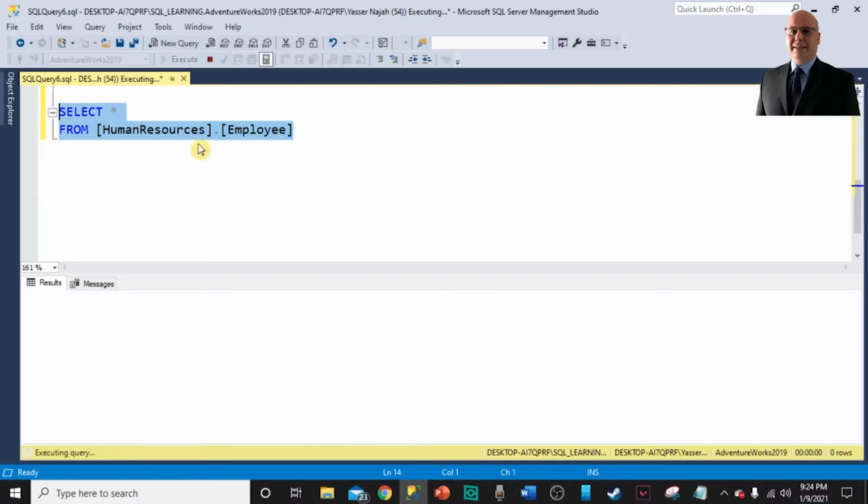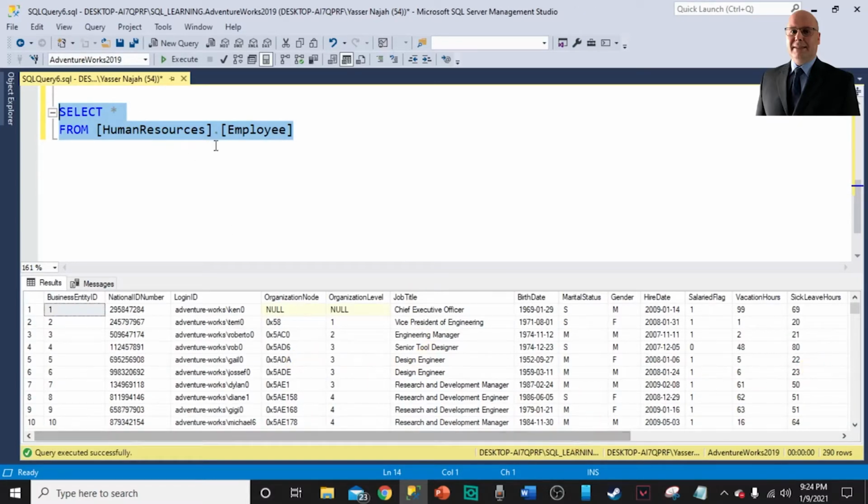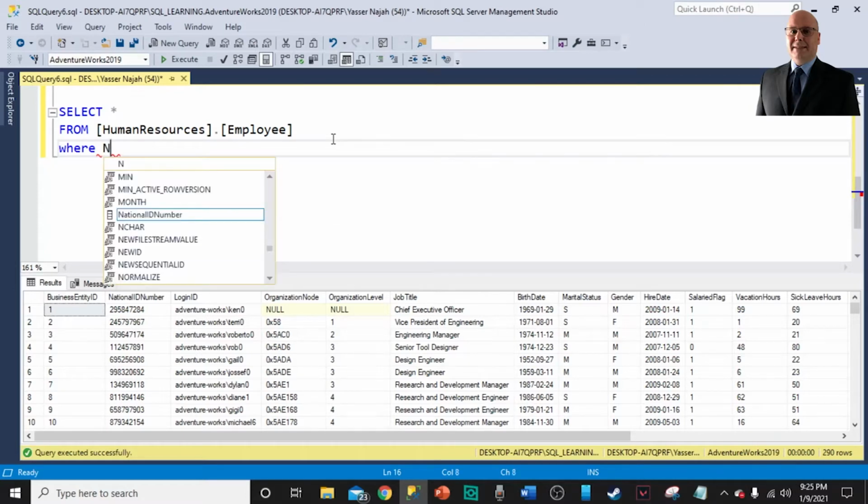Okay, let's run this query again so we can see all the data from that table of employees. Now we need to return data related to all employees who are not male. So the way to do that is you need to write your query the way we've been writing it. Select star from our source table employee where, and we will write not